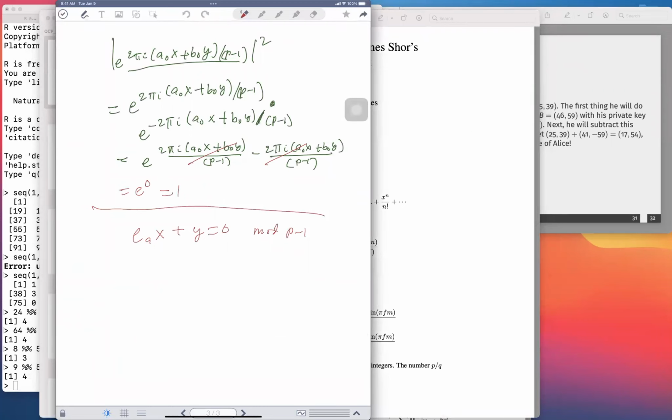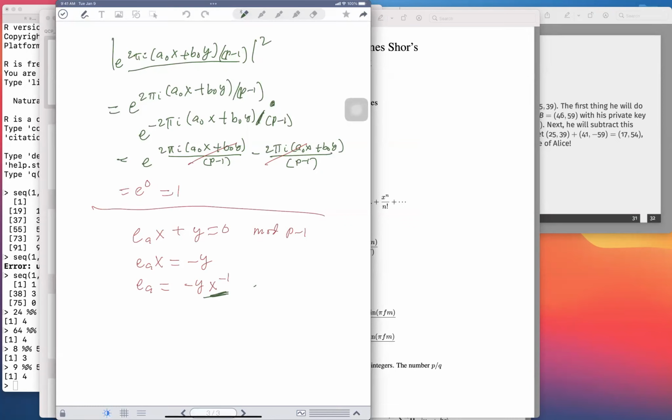So in other words, EA of x is equal to minus y. Okay? EA is equal to minus y multiplied by x inverse. Where the x inverse, what does x inverse mean? Okay? So the x inverse, this means that